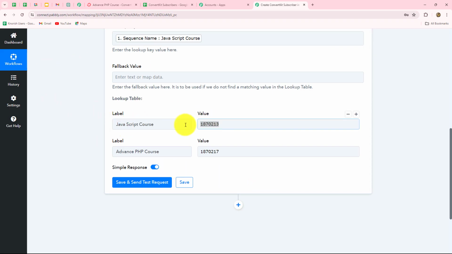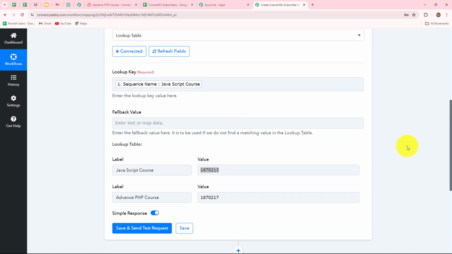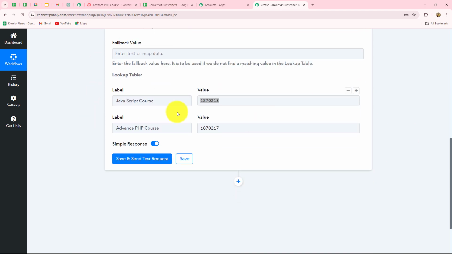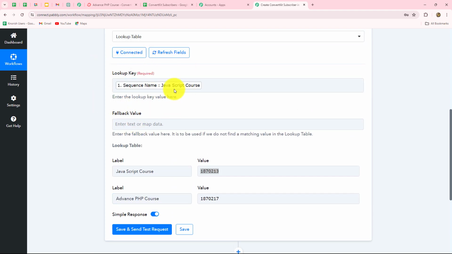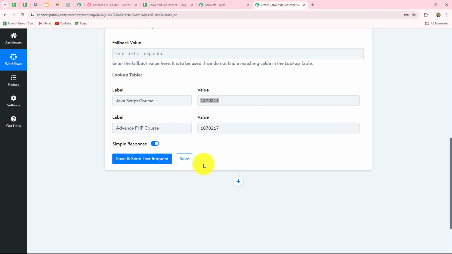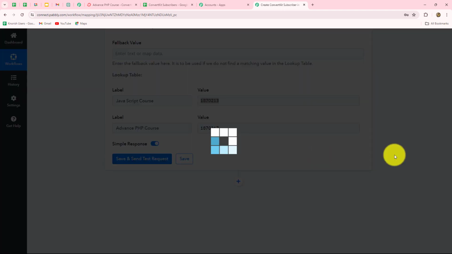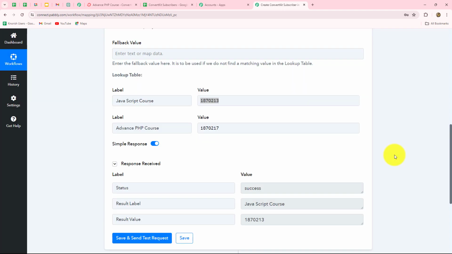So we have two labels over here, JavaScript course and advanced PHP course. These are two sequences which we have created in ConvertKit, and these are the IDs of these sequences. Now we have applied a lookup table to check the response from Google Sheets. Whenever a new response is received from Google Sheets, automatically it is going to check the name of the course, and accordingly it is going to fetch the details that this course has this particular ID. So whatever we receive in response, that data we are going to use in further mapping of the workflow. Okay, so now let's click on save and send test request button